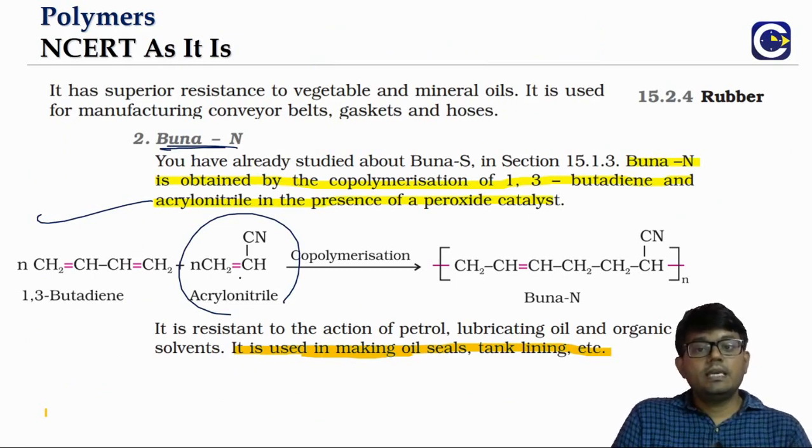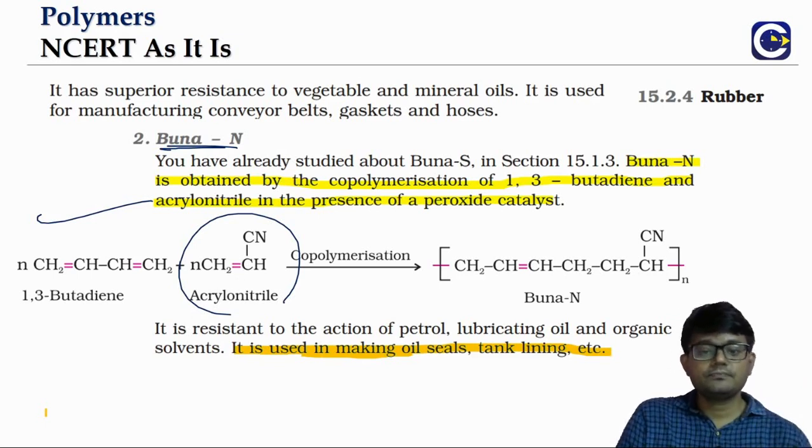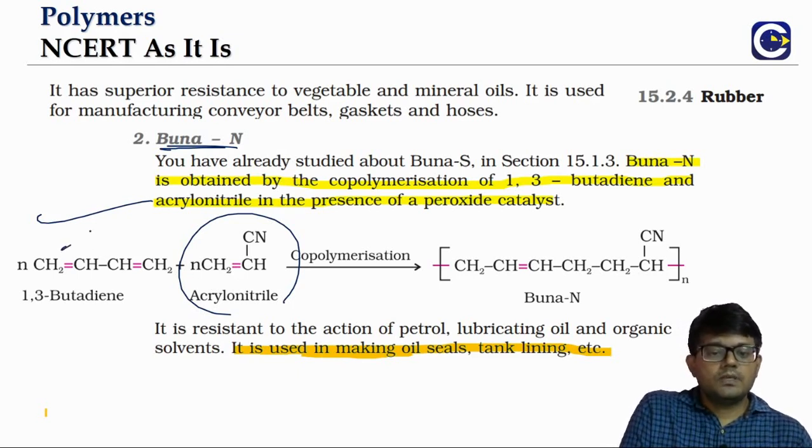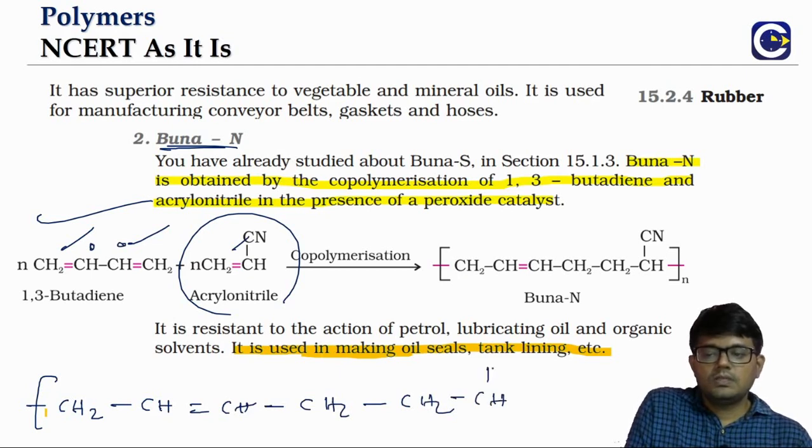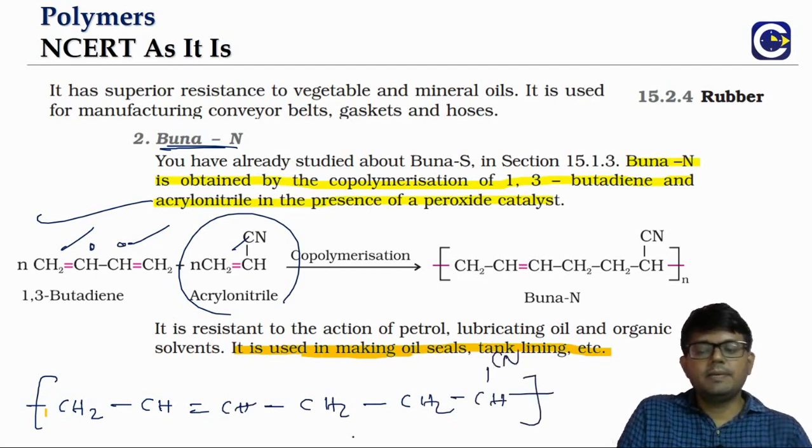Okay, so acrylonitrile itself can form a homopolymer. What is it called? Polyacrylonitrile, PAN. So the copolymer of these two, right? Again, addition polymerization. You see what happens? Here if you remove the pi bond, remove the pi bond, remove the pi bond. Then CH2, CH double bond CH, because these two carbons will be valency deficit. We will have to form an extra bond. CH2, CH2, CHCN. This is the repeating unit. So this is the BuNaN.